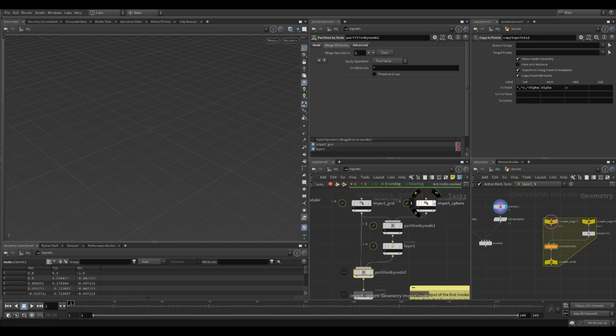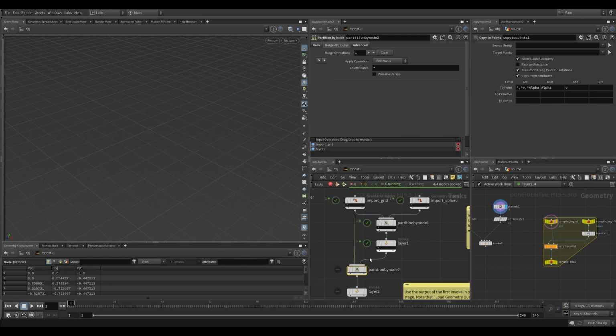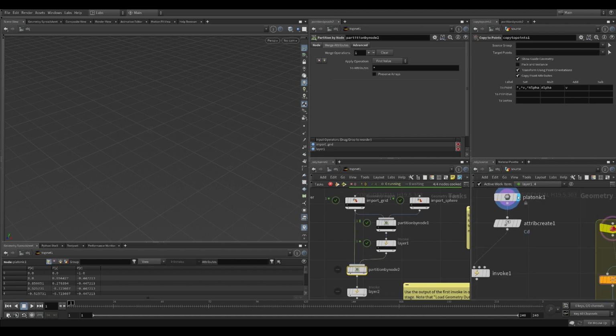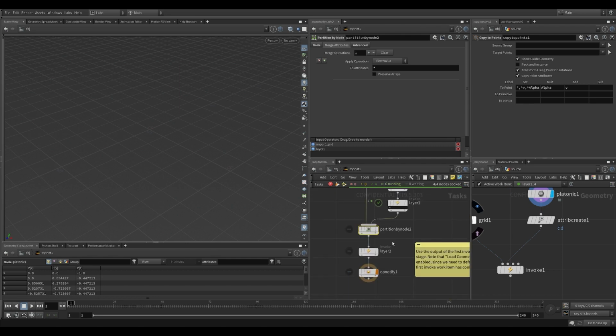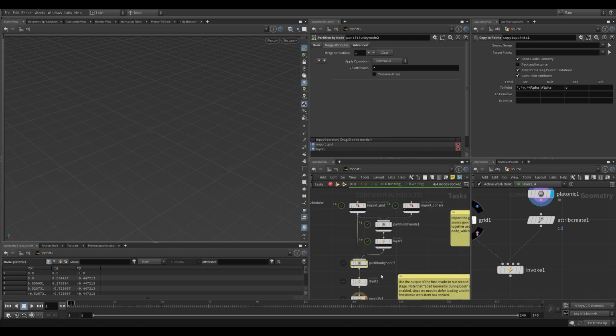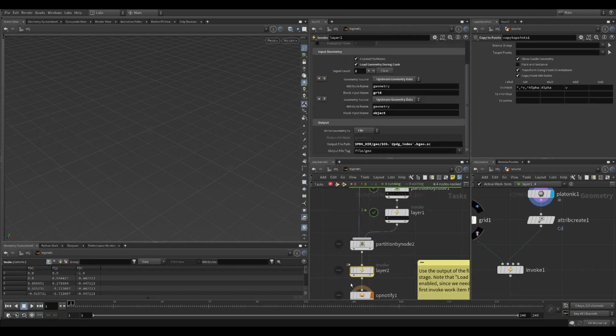So this structure is kind of like a fractal of this part. Here we take the first input, still from the grid, but the second input, instead of a little platonic solid, we're taking the result of the first one as the actual input. So what we expect to see is going to be a grid of grids. So if I click this one,